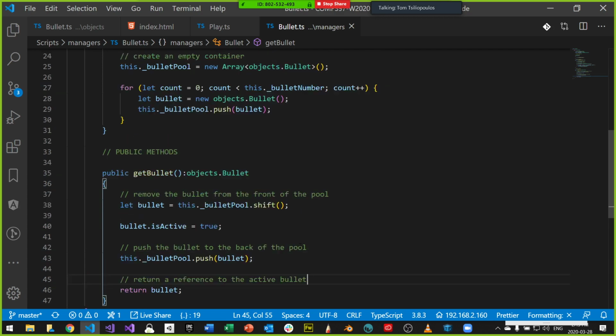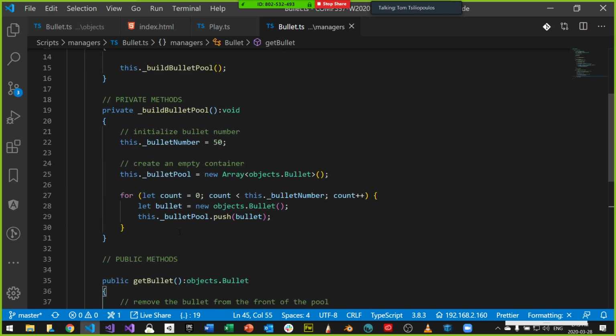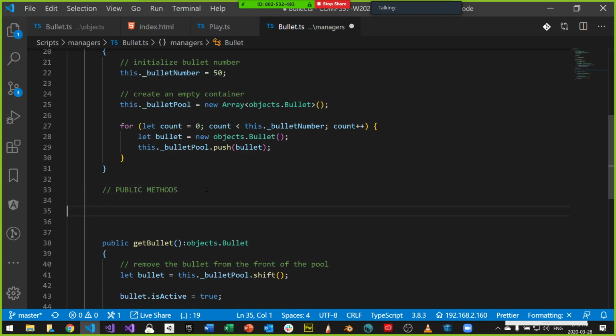The other thing is we need a method that allows me to add all the bullets to a spot on the scene. So I want to make a public method, and we'll call it addBulletsToScene.